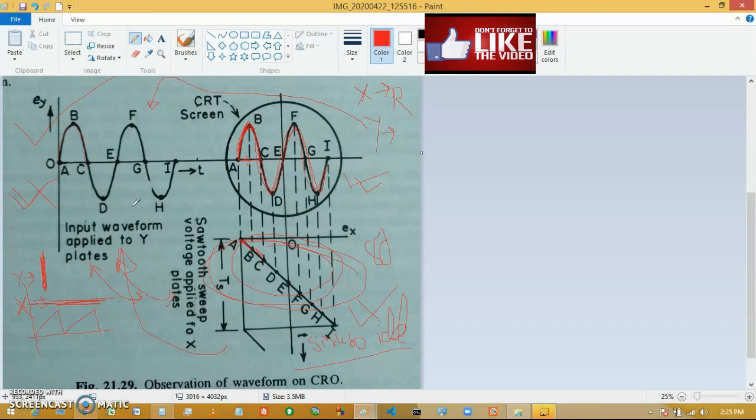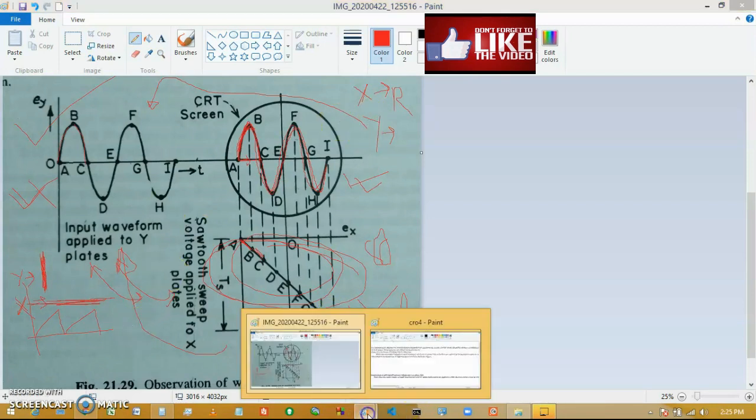Now to measure the phase of a waveform, we are applying two sinusoidal signals, in the X plate and the Y plate, and the phase of one waveform is unknown. Or you can say that two waveforms are being applied, the frequency of these two is the same in this case, and there is some sort of phase difference between them, and that phase difference may be calculated. Okay, now that is the main motto of the Lissajous figure.